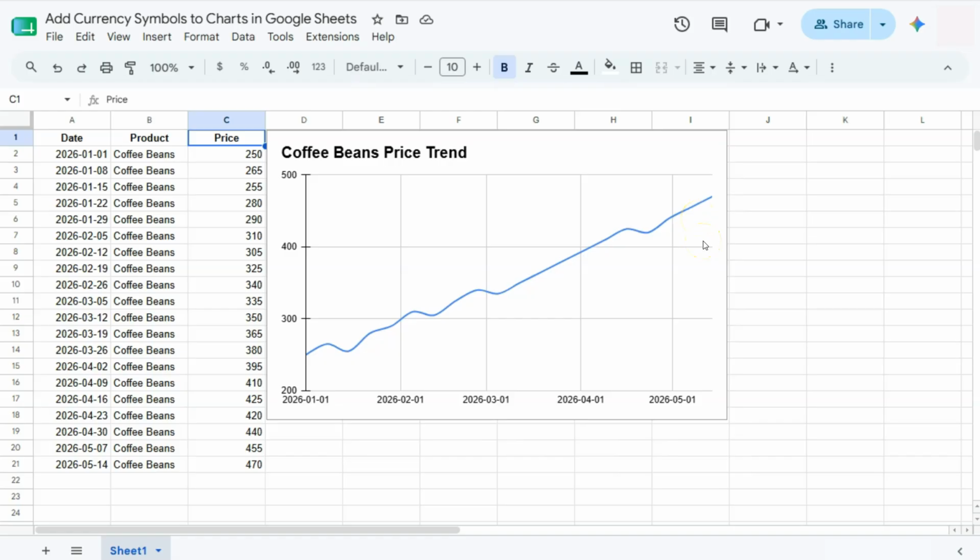So right now, we do see our dates at the bottom. And on the left side, we have the prices. Now, to just make it clear that these are the prices, I want to add some currency to these values. And the way to do that would actually depend on the original data where this chart is based on. So what I'm simply going to do would be to go back to the original data on the left side,